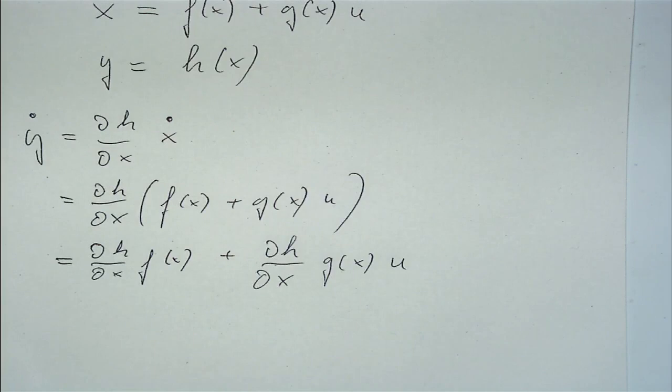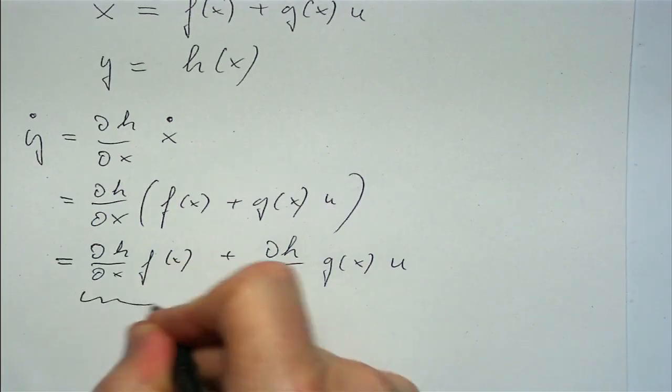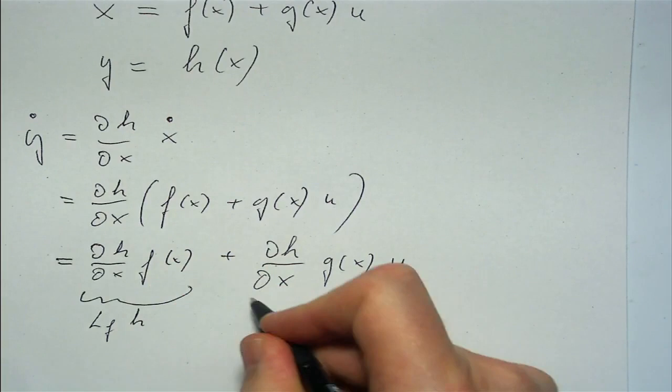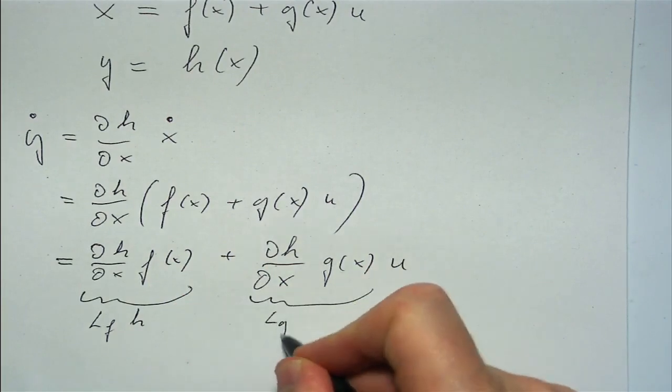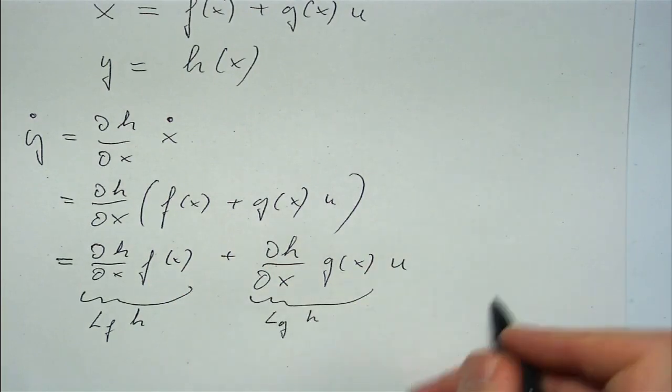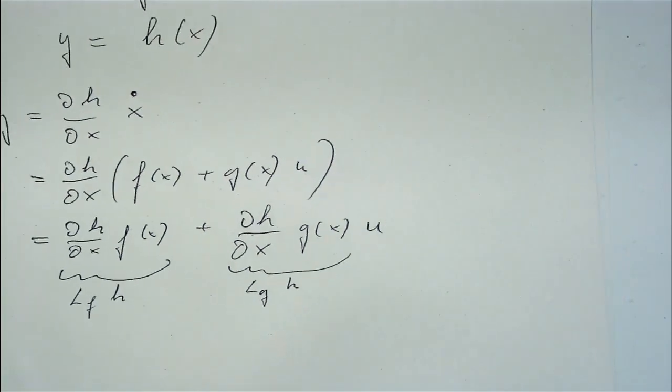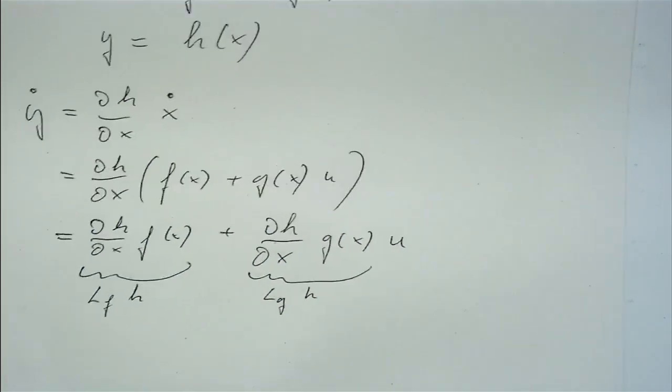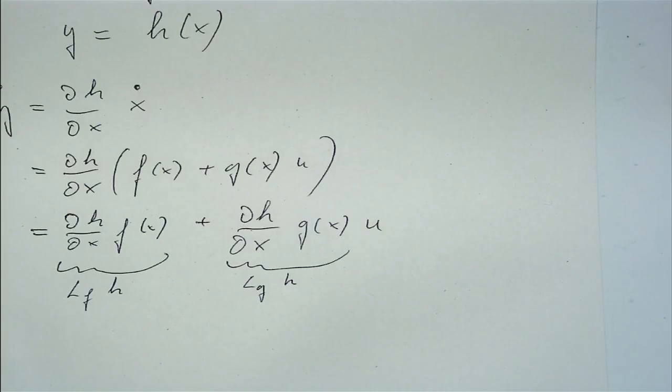Which part of this equation is now important to understand what the relative degree is here? The second part, isn't it? Yes. So we have here our LFH, which is obviously the kind of notation we have, LGH. And what we want is effectively, if this was relative degree 1, what would happen here? It should be non-zero.